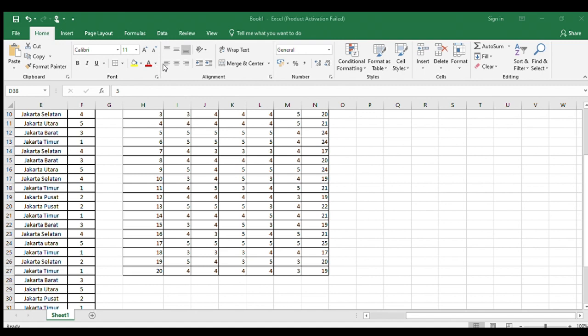In the decimal column, make it 0. Click data view and then open Excel.